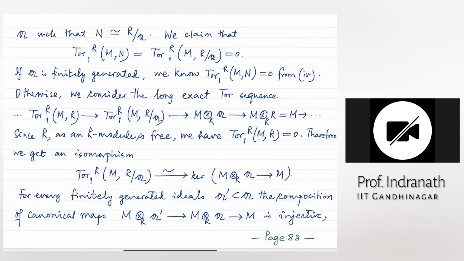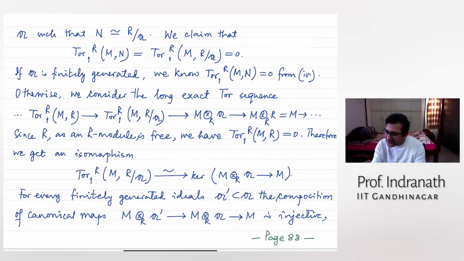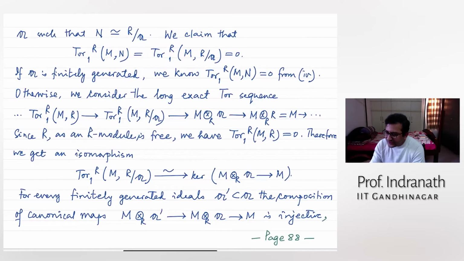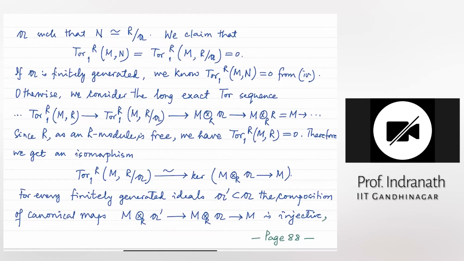Yes, yes. So how is that featuring here? How will you? I at least don't see that. So where will that come from suddenly? If I take the long exact sequence A' to R to R mod A', then compute Tor. Okay, so the long exact sequence. So which one are you saying? Are you saying that this map is injective and this map is injective? No, no, the composition. The composition, yes. But how does Tor1 come here?